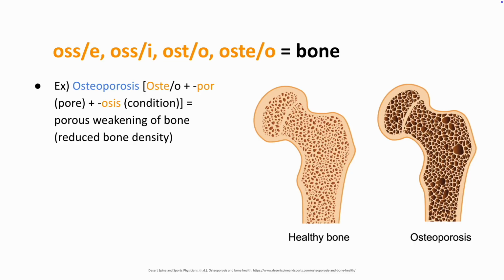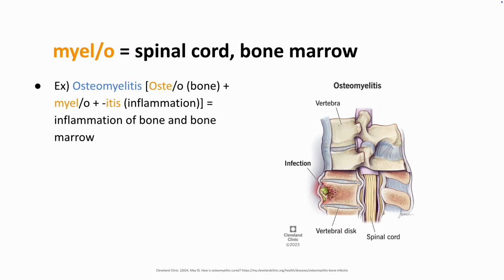Myelo is a combining form that means spinal cord or bone marrow. Usually means more of the spinal cord, so myelo. Osteomyelitis. Oh wait, actually, no, it's the other way. It means bone marrow more often than spinal cord. So osteomyelitis: osteo, bone, plus myelo, bone marrow in this case. Itis, inflammation. So osteomyelitis is inflammation of bone and bone marrow. And yeah, it will look like this usually, that